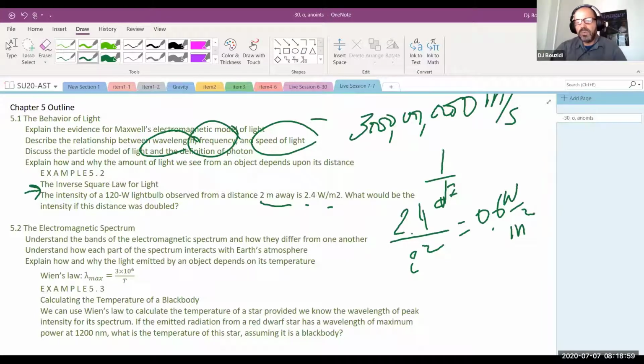And the same thing with the stars. 2 stars that have the same power, basically, they emit the same power. One of them will appear dimmer than the other because it's further away. The closer one will always appear brighter. So that's basically the idea behind it, provided they are emitting the same power. Now, if the one further away is far more powerful, they may appear at the same intensity because the further away one will compensate for its distance by emitting more power. So that's basically the idea behind it.